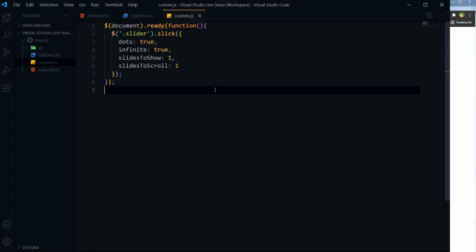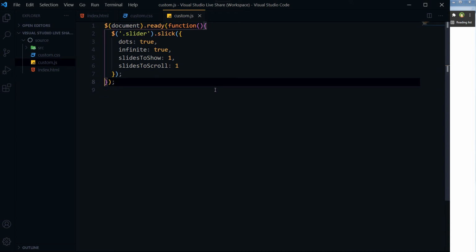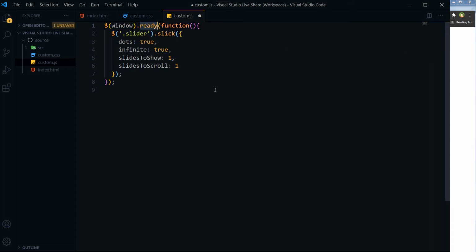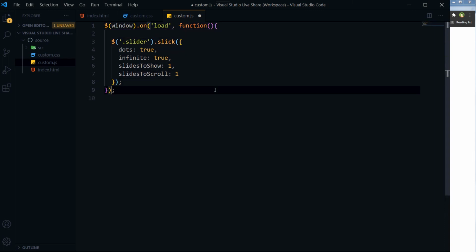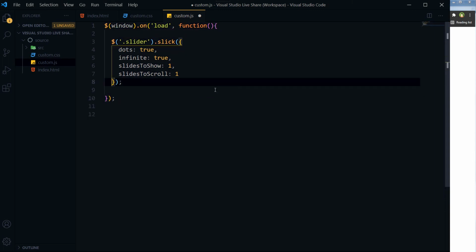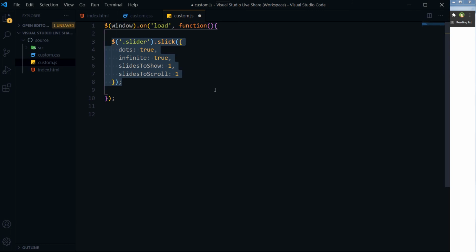Then we will change our script a bit. Instead of document ready or DOM ready, we will initialize the slider when the window is loaded. So window on load. Then this slider will be initialized and it was hidden from the start.